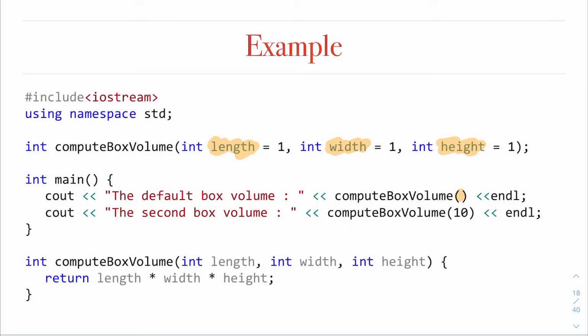This is equivalent to the same function called with 1, 1, 1. The second one is equivalent to 10, 1, 1, because the 2 other parameters were missing, so the default parameter values will be used. Alright, so I think this is clear right now.